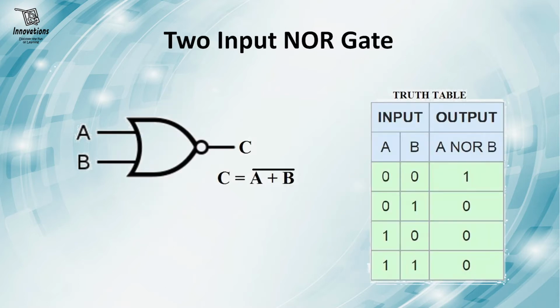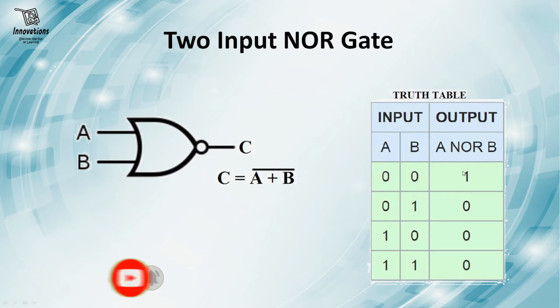So in our presentation, we can use any of these terms to represent high status or low status. Now let us have a look at the mathematical representation and truth table of a two input NOR gate. This is a two input NOR gate where A and B are the inputs and C is the output. So C equals (A plus B) bar, that is the inversion of A plus B. Now if we look at the truth table of a two input NOR gate, A and B are the inputs and the output is A nor B.